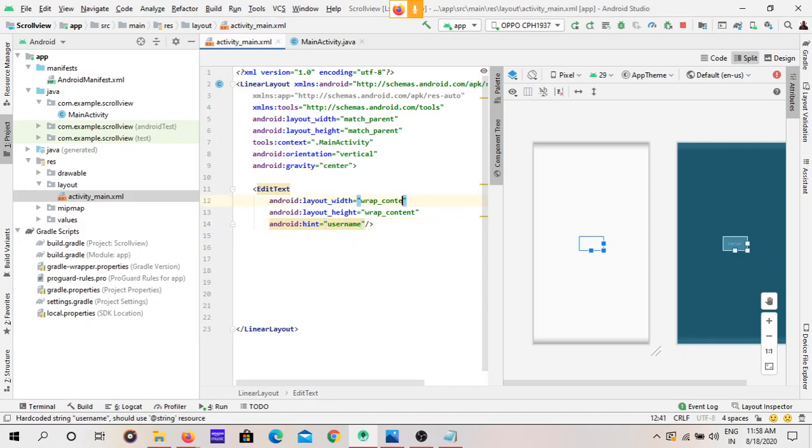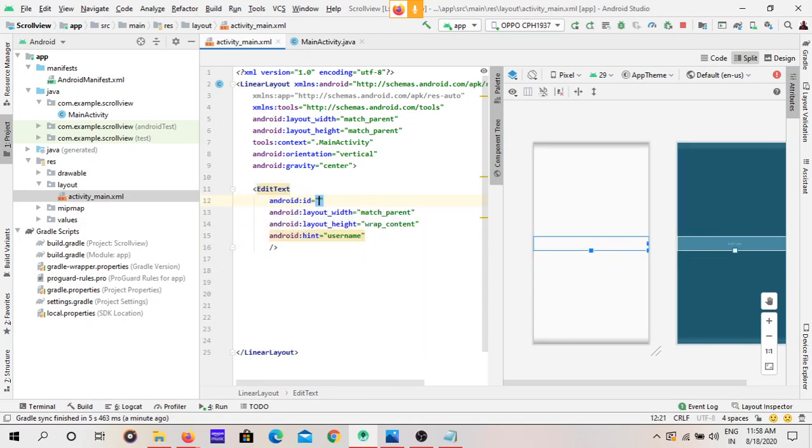Okay, make the width match parent, better than wrap content. Give the ID to this edit text. We can use this ID for representing this edit text in Java. Give this as edit text username.